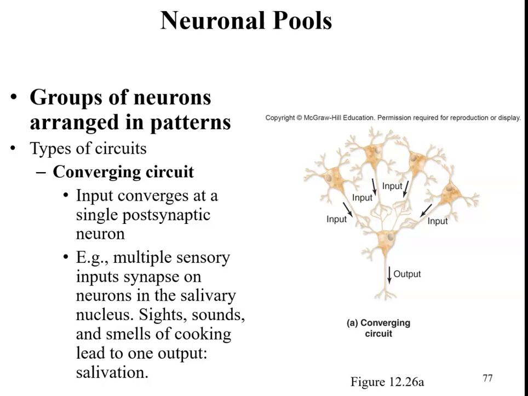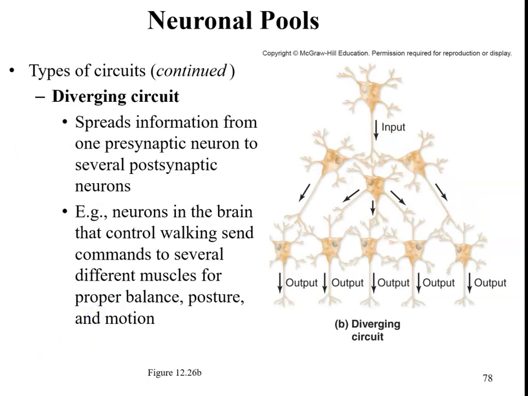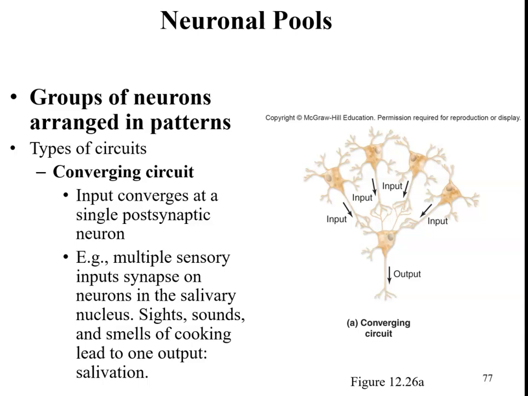So groups of neurons are arranged in patterns. We have the converging circuit, and we have the diverging circuit. So the converging circuit, this is where input converges at a single postsynaptic neuron. So you have multiple neurons here, and they're all sending their input to one single neuron. For example, multiple sensory inputs synapse on neurons in the salivary nucleus. So let's say that this is information from your eyes, this is information from your tongue, this is information from your nose. It's all coming in, and all of this information is going to result in one output, and that is